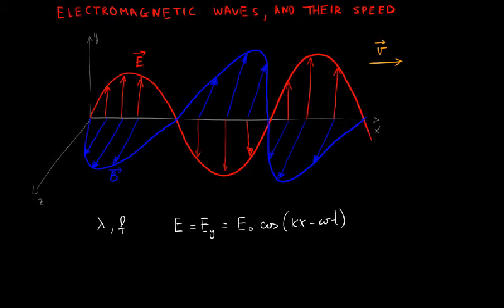And for the magnetic field, B equals B_y, and that equals B naught, which is the maximum magnetic field strength, times cosine(kx minus omega t),